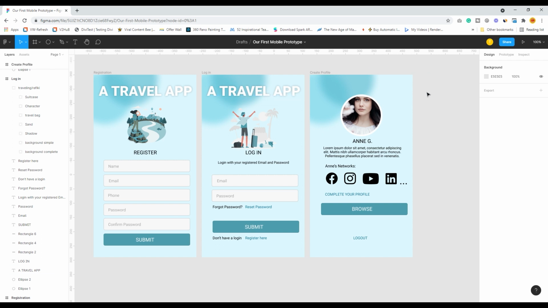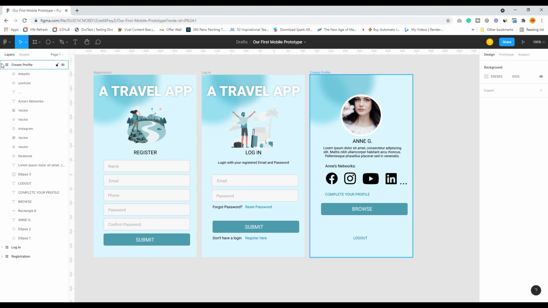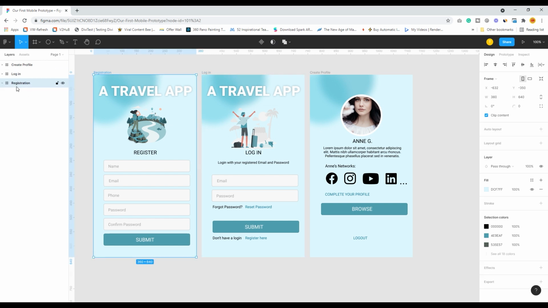One thing we have been missing, so let me do that first. I click on this registration frame, and let me create certain things which look like the standard notifications of your mobile.